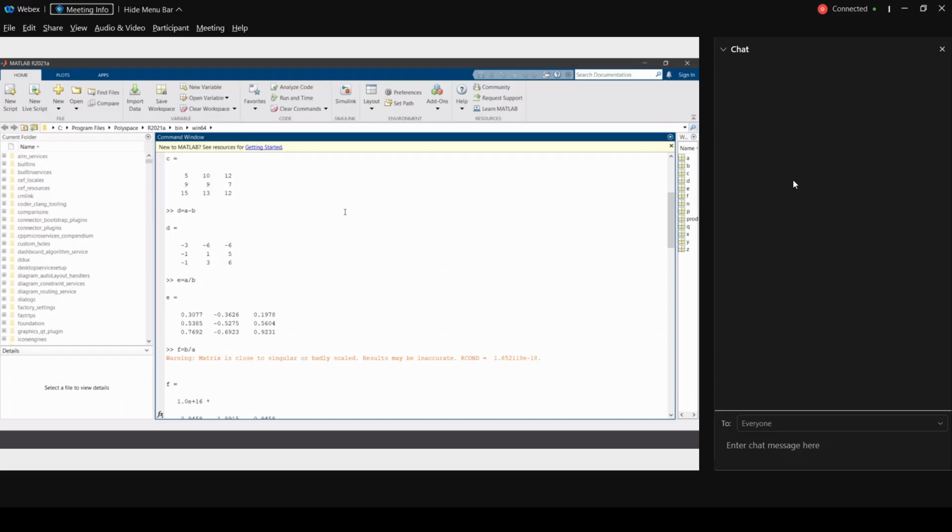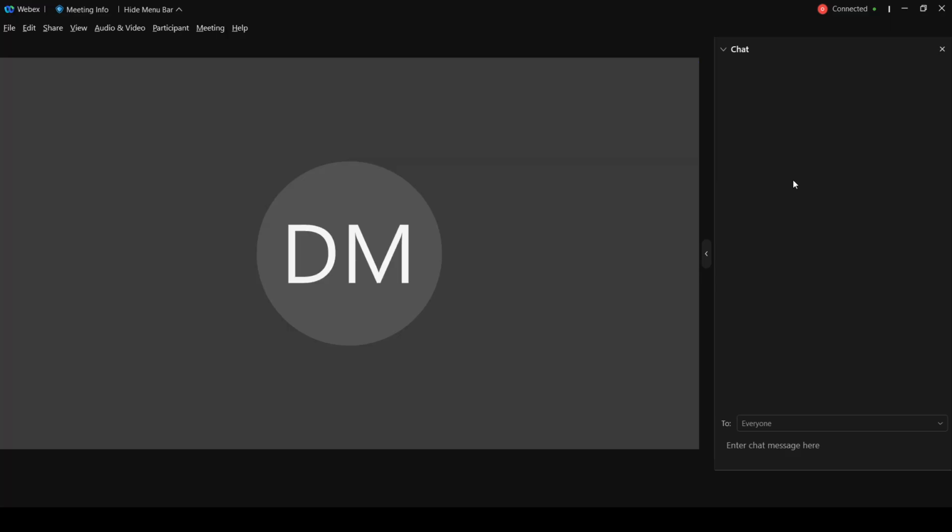If its rank is less than 3, it means that by doing addition, multiplications or divisions, we can produce one of the rows. Understood? Yes, sir.